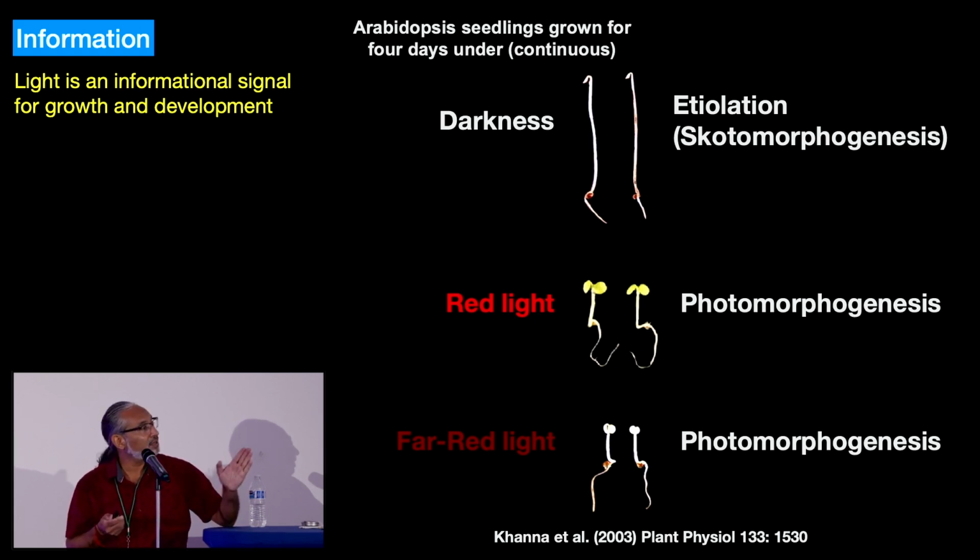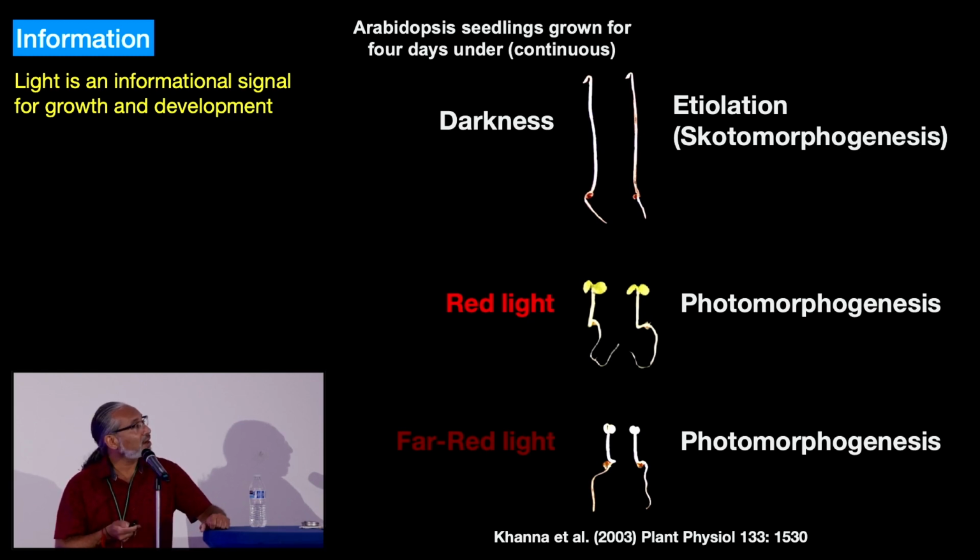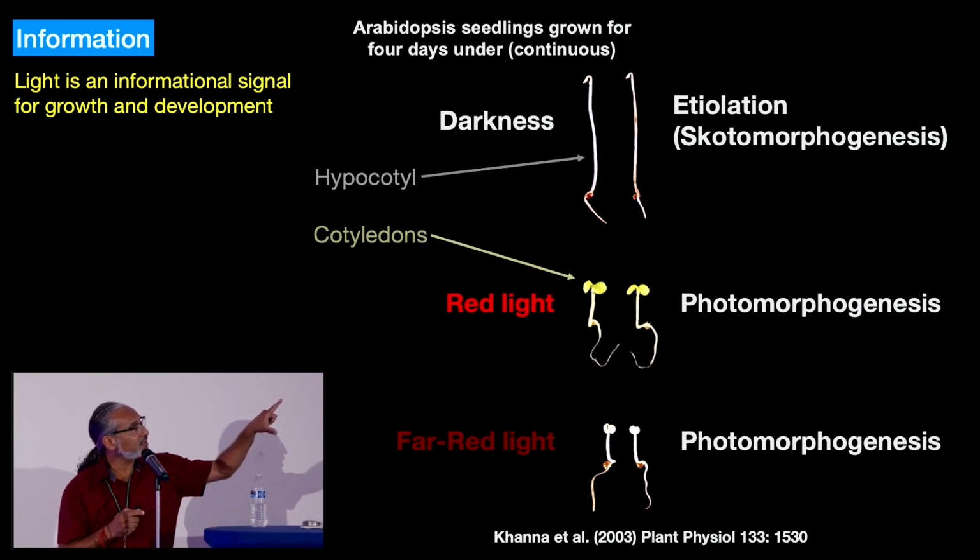So I had to go to a slightly different system. I'm going to explain this because it is going to lead to some very interesting discovery. Plants grow very differently in darkness, as I mentioned, and also differently in continuous red or continuous far red. In darkness, we call that process etiolation or scotomorphogenesis, whereas growth in light is photomorphogenesis, both red and far red. One thing you can notice is not only is the hypocotyl shorter in light, but the cotyledons,